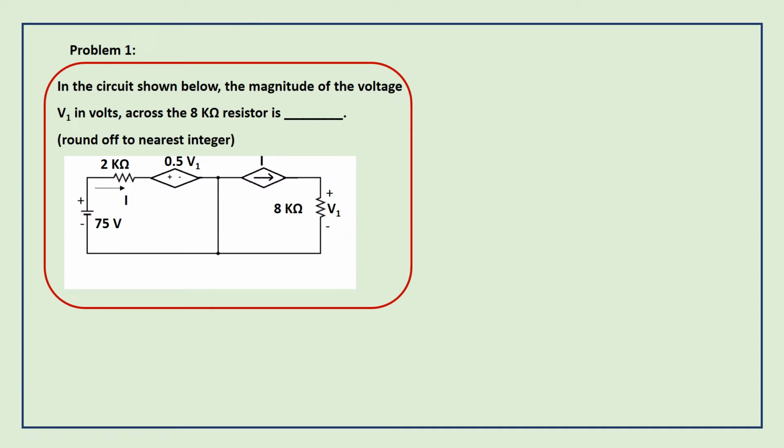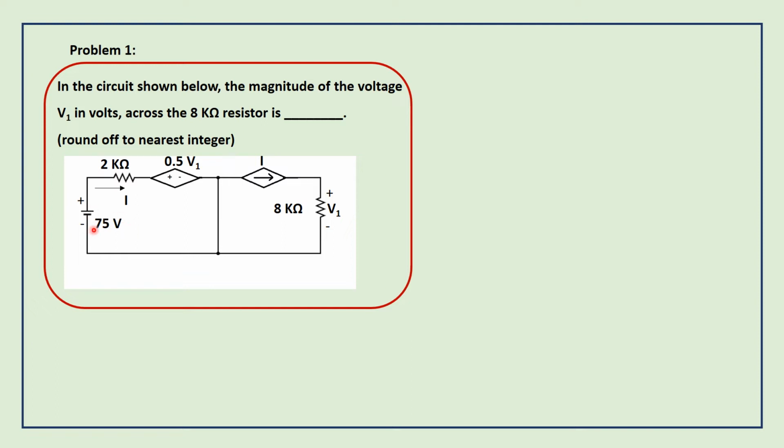First problem is, in the circuit shown below, the magnitude of the voltage V1 in volts across the 8 kilo ohms resistor is dash. This is one of the numerical answer type questions. So here one circuit is given. It consists of three sources. One is an independent voltage source, 75 volt,